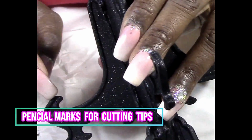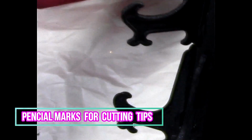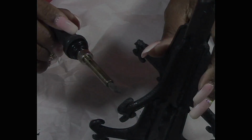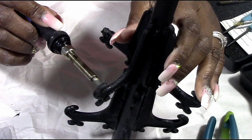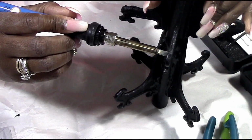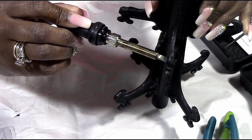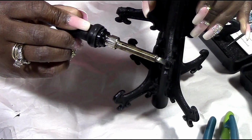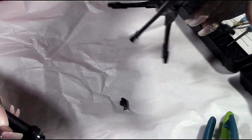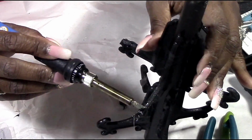So here I'm just showing you, I put a pencil mark where I want to solder the top handles off. So what I'm going to do is just solder them off, and I'm going to try to make it as straight as possible. I'm going to make sure that the cut is level, that everything is level on the cut. And you're going to see me cut that off, and then I'm going to reposition it so you can see what it looks like cut. And I'm just going to smooth it out with the